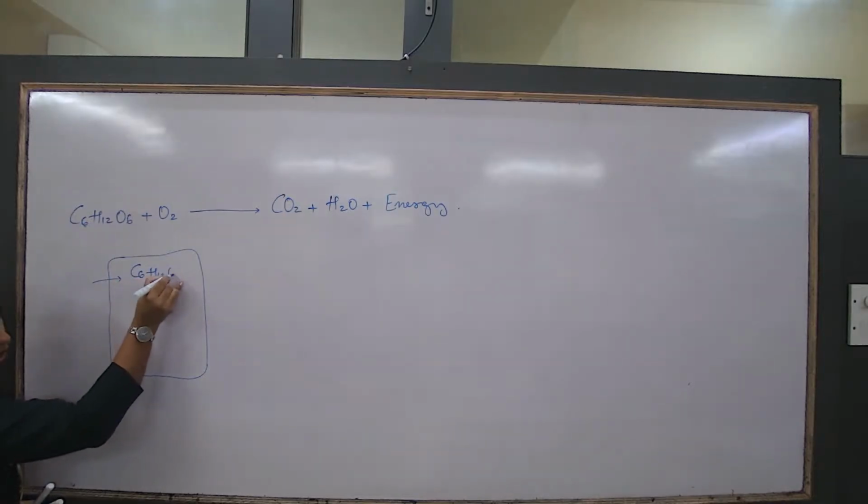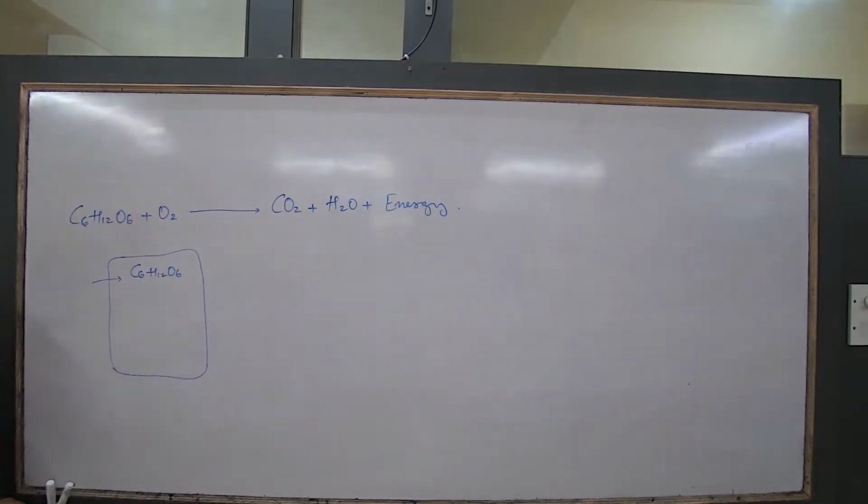Why am I not talking about the fatty acids and the amino acids? Because the fatty acids and the amino acids will go to the liver, and they also will get either broken down to some form of carbohydrate, or they have got other functions. Right now we are only talking about release of energy. That is the next segment of the chapter, life processes, that is respiration.